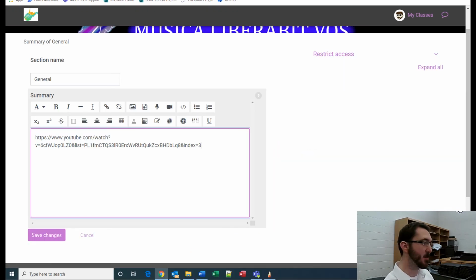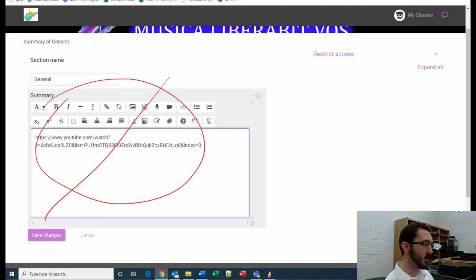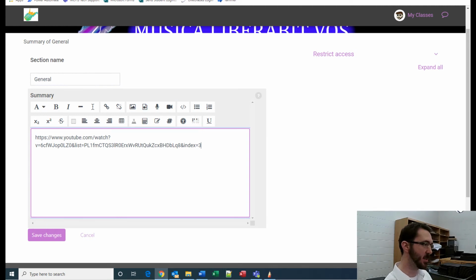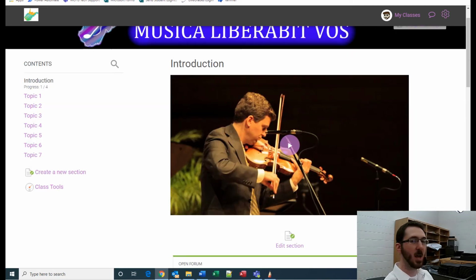Now, first things first, I'm going to show you the wrong way to do it, because it kind of looks like it works, but it actually doesn't. So if you paste the URL here, again looking for that word list in here, you will see that it looks like it's going to work,